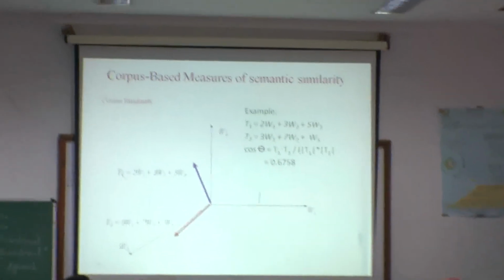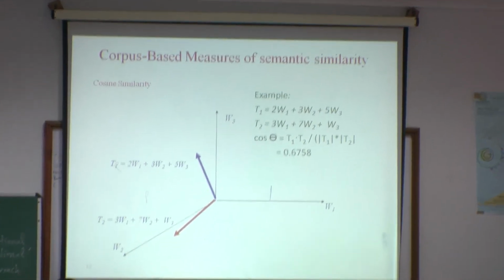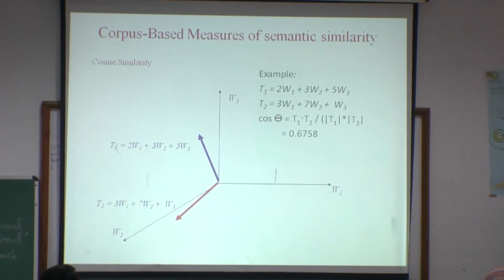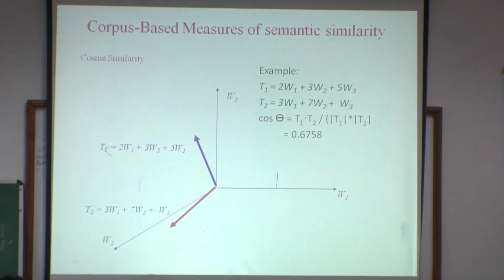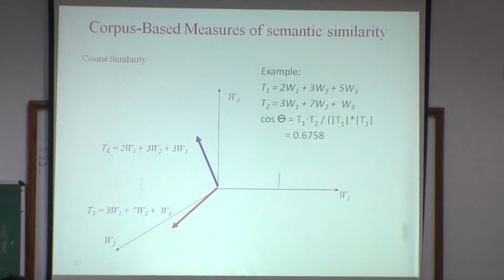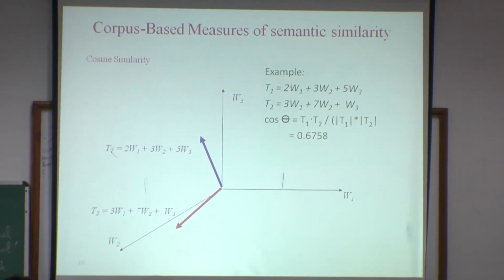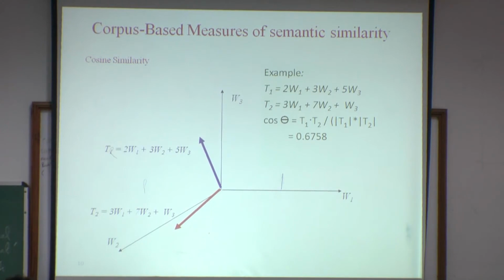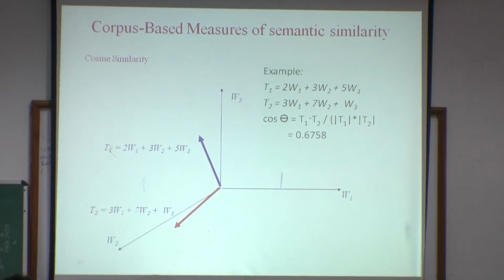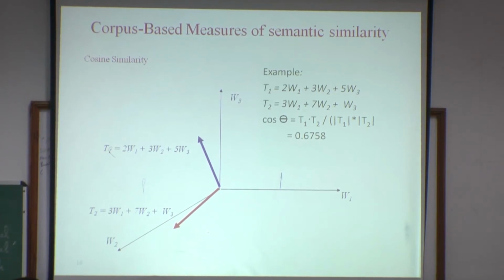Now cosine similarity is also useful to calculate semantic similarity. I already said that similarity measures are used for a lot of different tasks. Cosine similarity measures are useful to calculate the semantic similarity between two words, or two documents also. Here cosine similarity is treated as a semantic similarity.